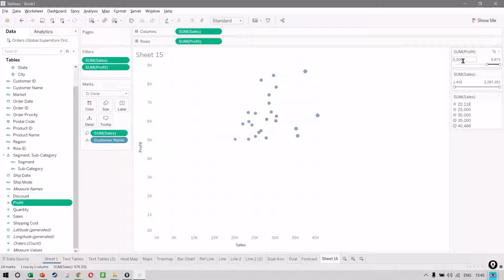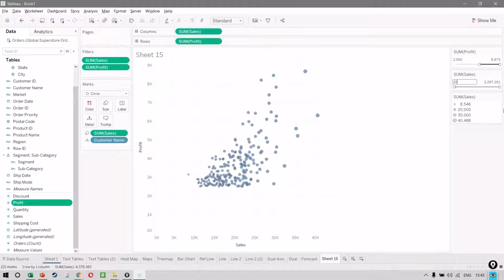So let's make this, let's say 2,500, and I'll make the sales value, let's say 25,000. So what is it showing us? It is showing us that these are the only customers whose profit is between 2,500 and 8,600 and the sales amount is greater than 25,000.